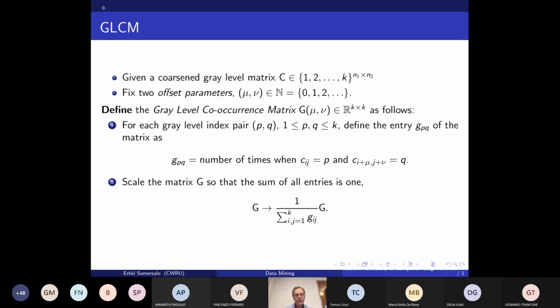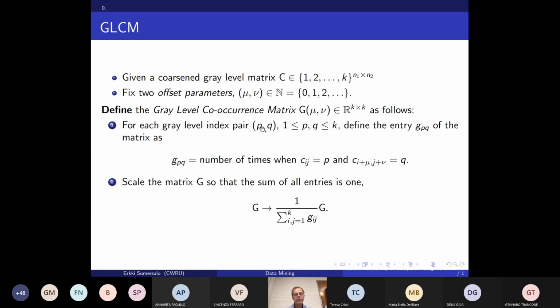Looks really obscure. So when I read this, if I don't know what I'm doing, I don't understand this definition. So I will make it clear to you just by looking at an example, just a moment. But first, I give you the definition. So P and Q are referring to two gray levels. So this gray level co-occurrence matrix is K by K, because you can take all possible combinations of gray levels. Okay, so therefore this G is a K by K matrix, and the PQth